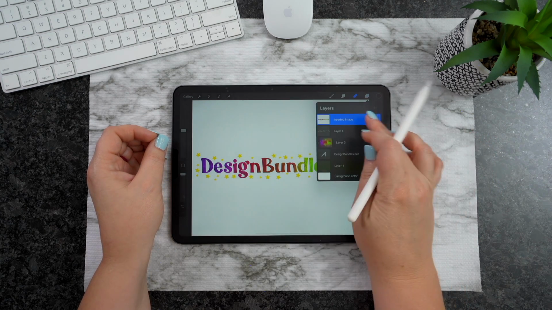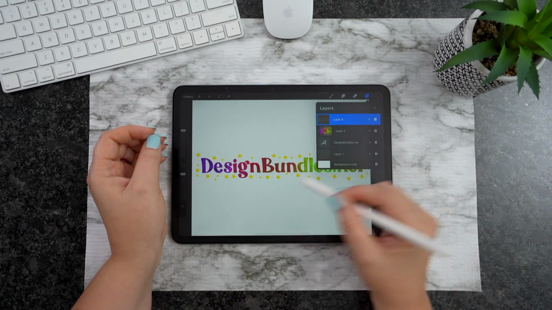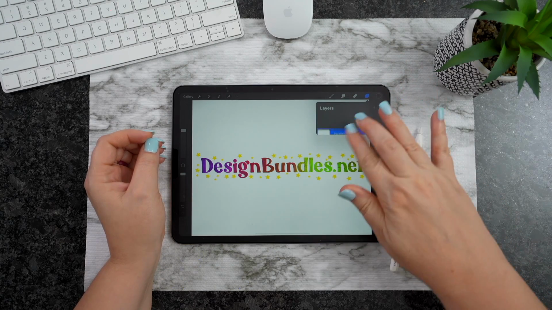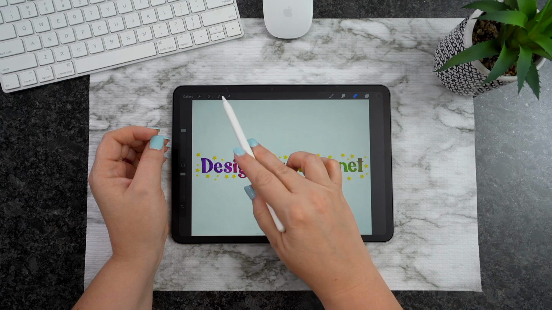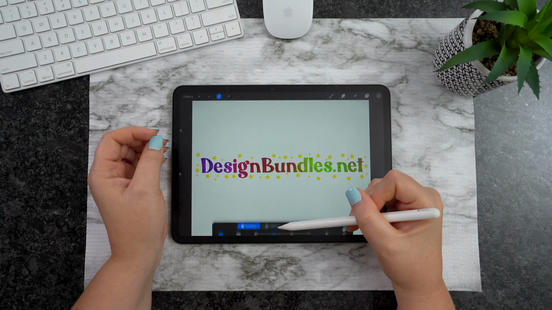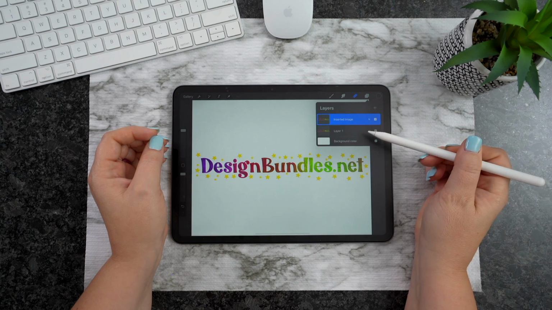You can do that by hitting the back button here, the undo, redo button, or you can take your layers, swipe left, delete. So let's just go ahead and get ready to pinch these. If you pinch all of the layers together, it will become one layer. Now what I'm going to do is go up here to the selector tool, and you have automatic. If you go to automatic and then copy and paste, it's simply going to copy everything. So automatic is going to get everything.